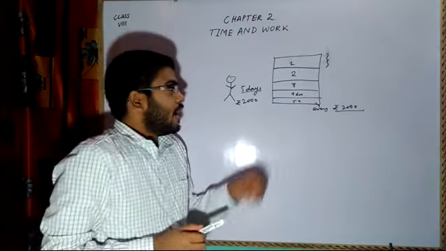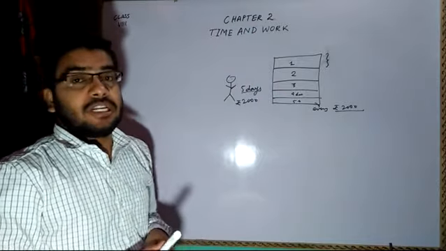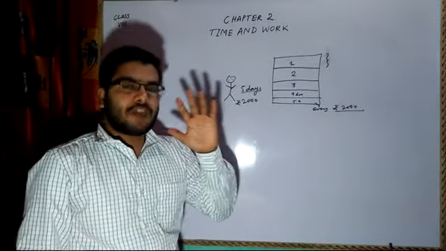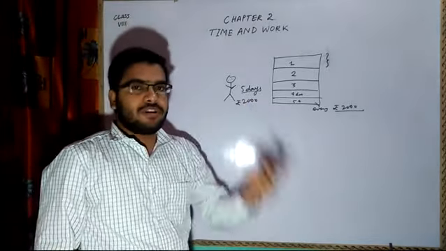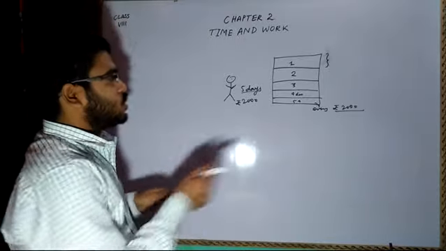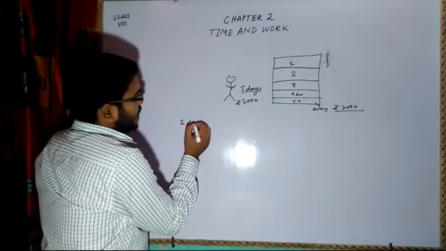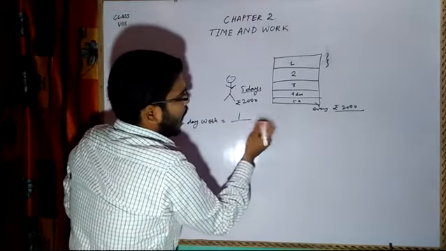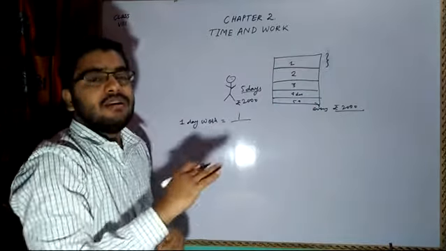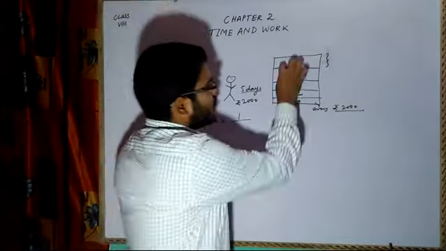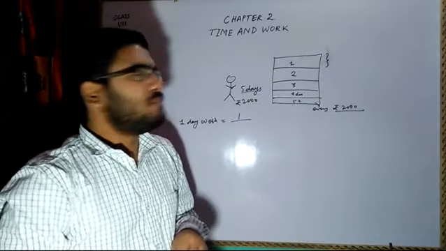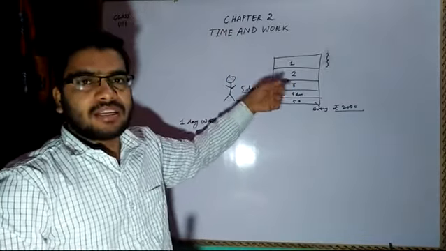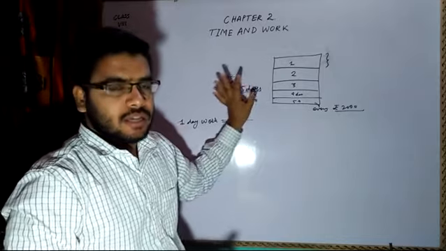Now my question is, how much part of the work did he finish in one day? He told me that he will be able to finish the work in 5 days. Now he came for the very first day and finished some portion of the work. That means one day's work will be equal to one part by the total number of parts, in 5 different parts. These parts may not be equal. He might have worked for 1 hour and gone home, then second part, then went home, and so on. That is his problem, which we are not going to deal with right now.